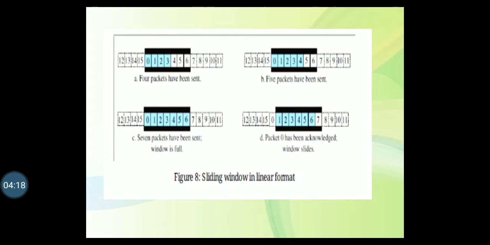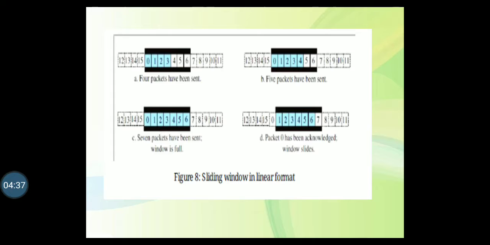Both representations tell the same thing, because if you take both sides of the circular diagram and bend them out, the same diagram will appear.